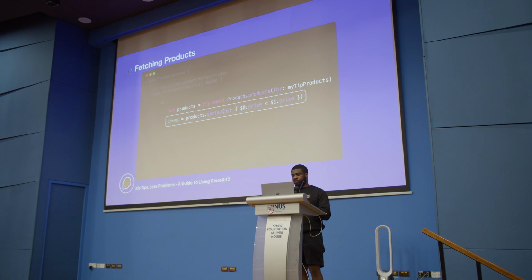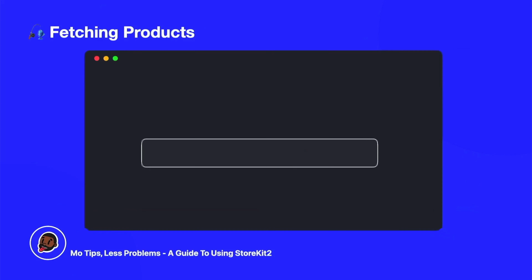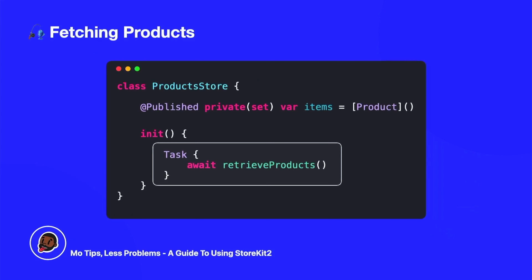Now that we've got this function, if I actually want to use this, all I need to do is, in the initializer, create a task, and then I can call the await keyword and say I want you to retrieve those products. So essentially what's going to happen is when I create an instance of this class,